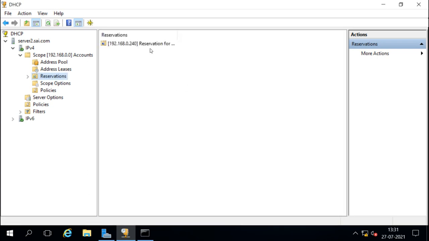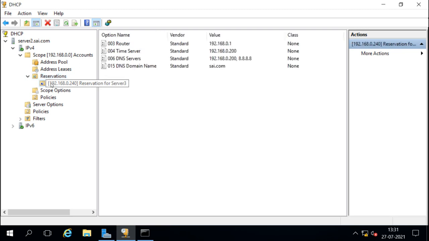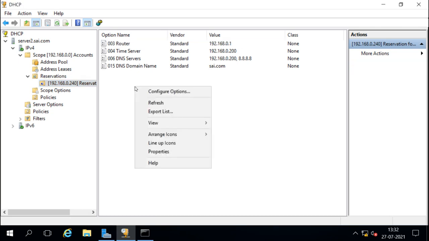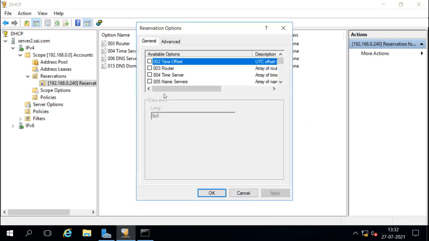We can open this and we can see the reservation. Now it is getting the options from the scope options. It is getting the same scope options here, but we can change it. We can change these scope options. Configure options. We can change the different option for the particular reservation.